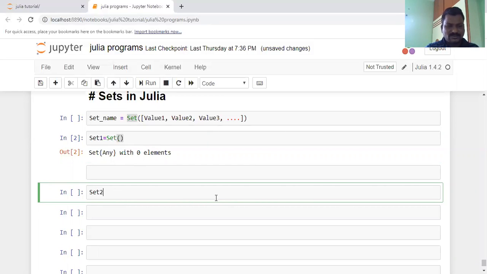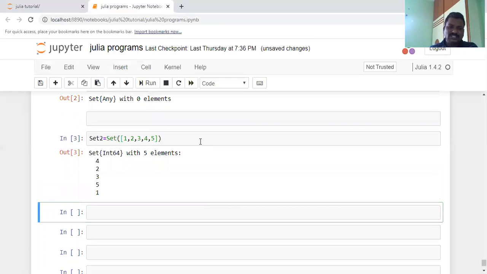Set 2 equals set, parentheses, and within the parentheses a square bracket, and within the square bracket the elements 1 2 3 3 4 5. These are all different elements. If you execute these elements, it gives the result, as the set is an unordered collection of elements.